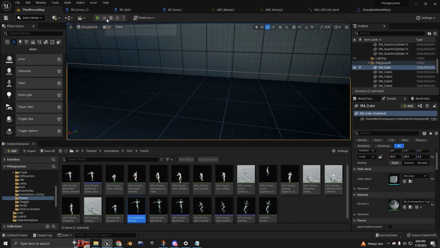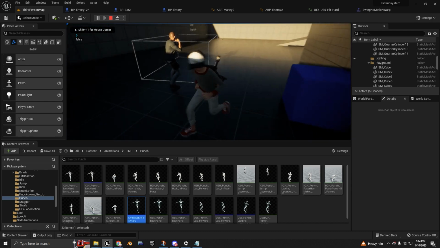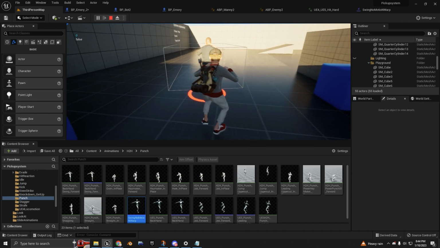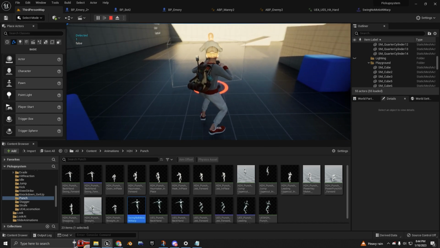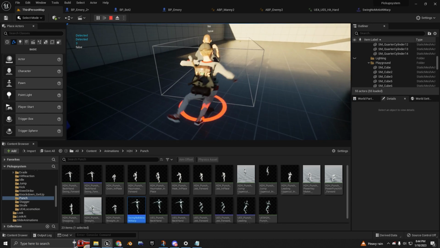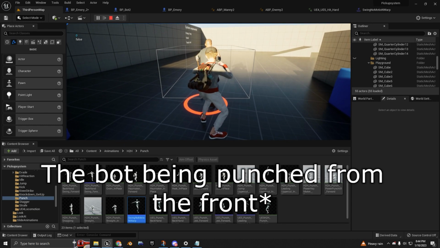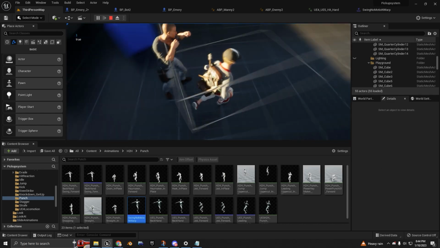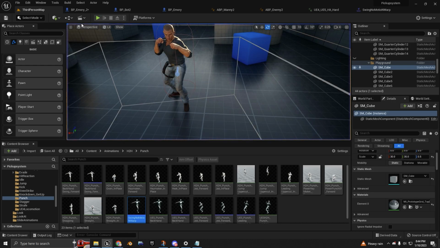So now we did the front part. But what if I want to hit the character from the back? If I try to hit from the back, it still plays the animation of the hand punching forward, which is not realistic. So what I'm going to do is pretty obvious,